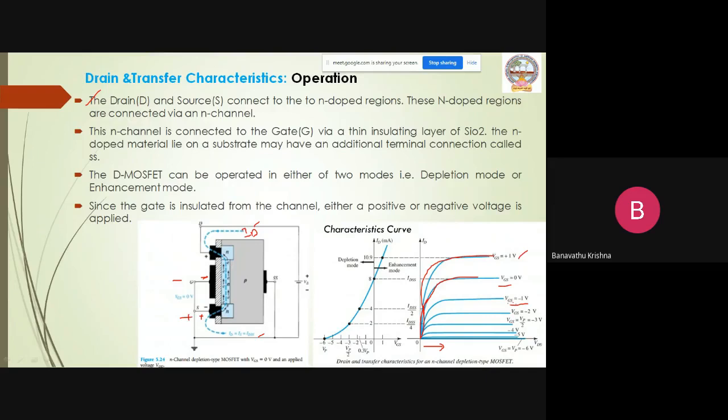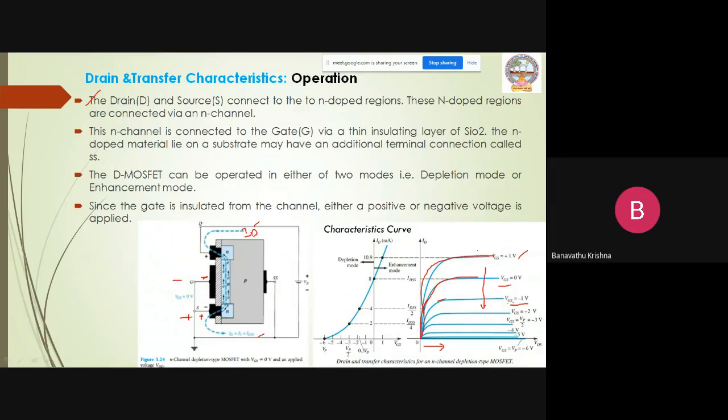Then at VGS equal to -1 volt, what happened? There may be changes across the channel. Then automatically the movement of charge carriers also decreases. Due to the decreasing movement of charge carriers, the current also decreases. So let us observe here. This is the IDS value here. Now this IDS value is like this, IDS by 2. Similarly, again for different values of VGS, the current will be going to decrease, even as VDS increases.